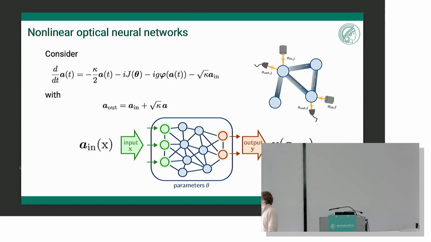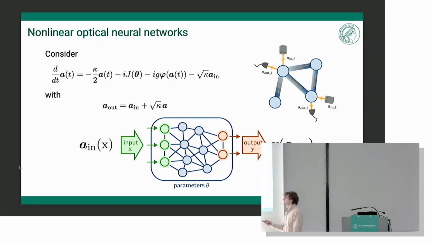And how would you define a neuromorphic network out of this? I think the most natural way is just to take your input, the image of a cat and a dog, encode it into the drive that you send at the green input node, and then you wait until the system goes to steady state. We assume this happens. And then what you can measure, with different decoders in parallel, is the outgoing light from the resonators or cavities, whatever. In particular, you can consider the output at some nodes, the red ones here, to be the output of the network. So let's say if this one is brighter, then it's a cat, otherwise a dog, and so on.